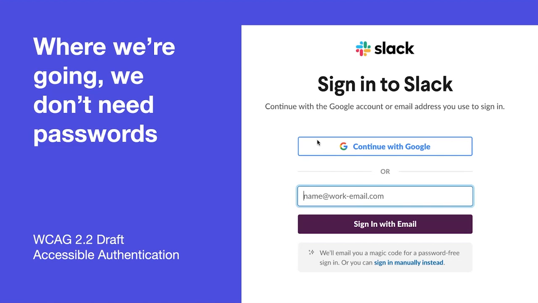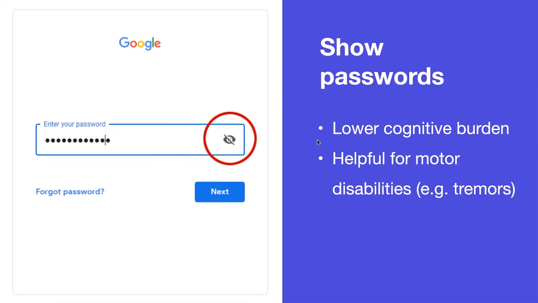The reason why that's better for a lot of people is because it doesn't require them to remember a password. So there's no barrier to remembering a password, typing in all these weird characters that can be very slow and laborious. It removes all of that. And a lot of users prefer this anyway. It's just good UX. Another thing is showing passwords.